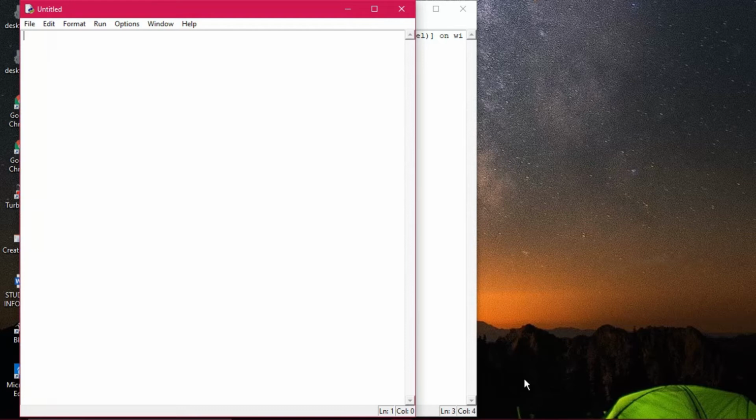I am giving the comment first of all: program using for loop. Next, for letters in Python. Letters here is actually the variable. Then put a colon here. See the practical functioning I'm showing you. Then print letters. Then I am pressing enter, and I will execute this by simply using the run command, run module.